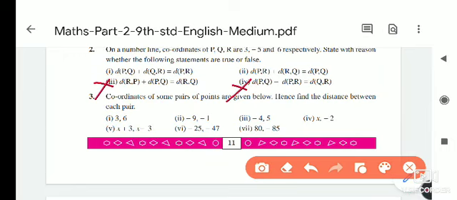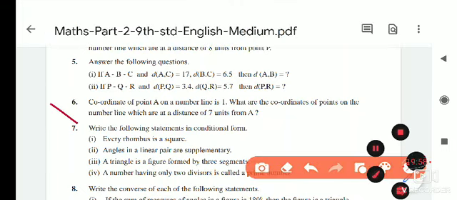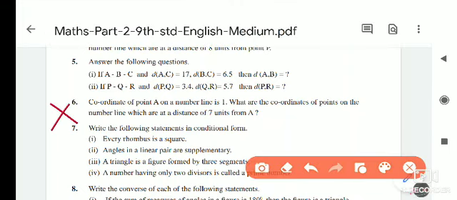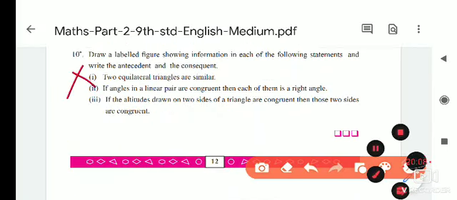Okay, then afterwards, same page, inside question number 3, the 4th, 5th and 6th question. 5th and 6th question means these 2 questions are cancelled from the syllabus. Now the next page, that is page number 12. From page number 12, question number 6 is cancelled, and then question number 10. So question number 6 and question number 10 are here. These two questions are cancelled from the syllabus.